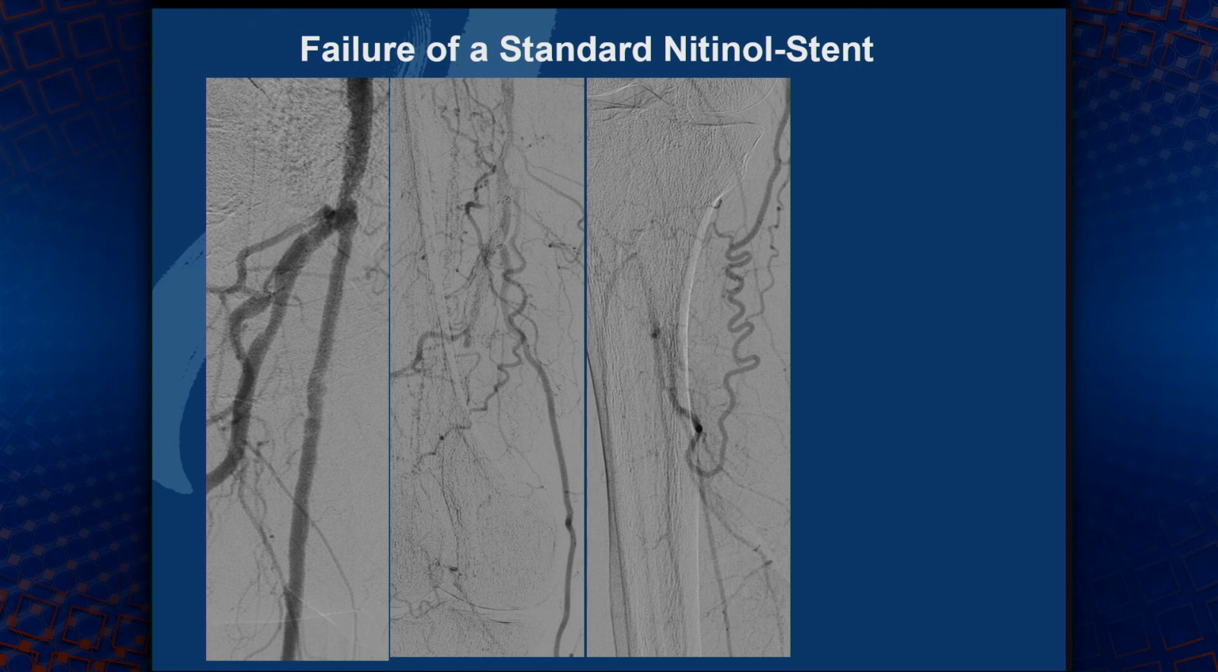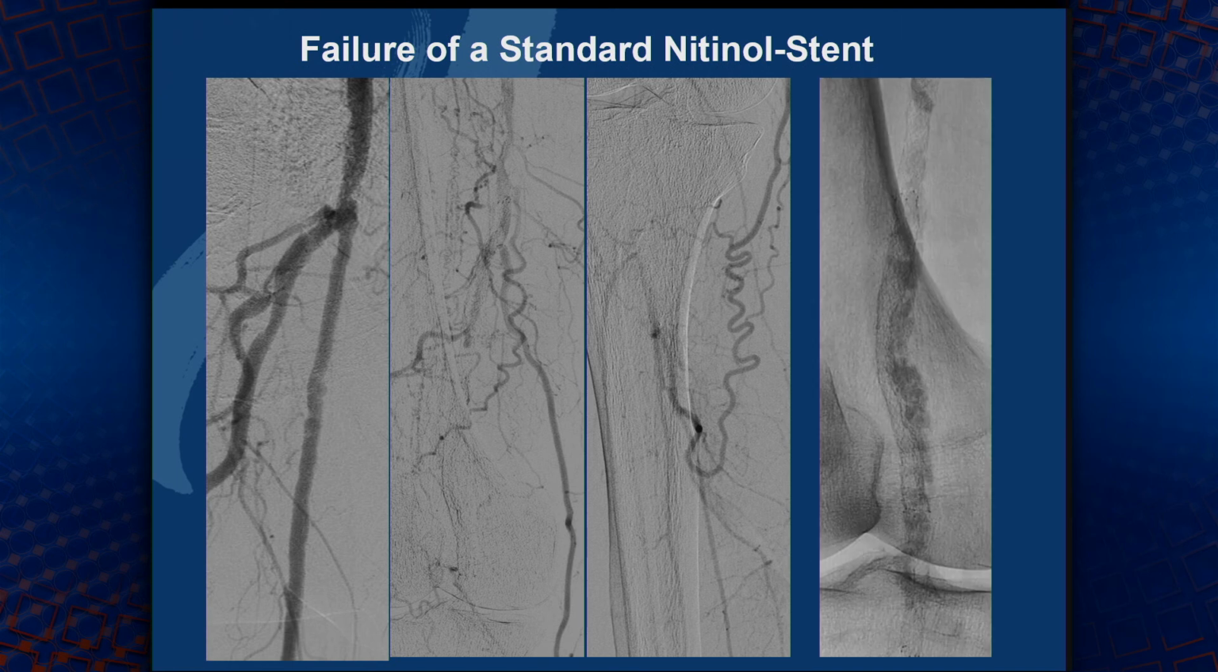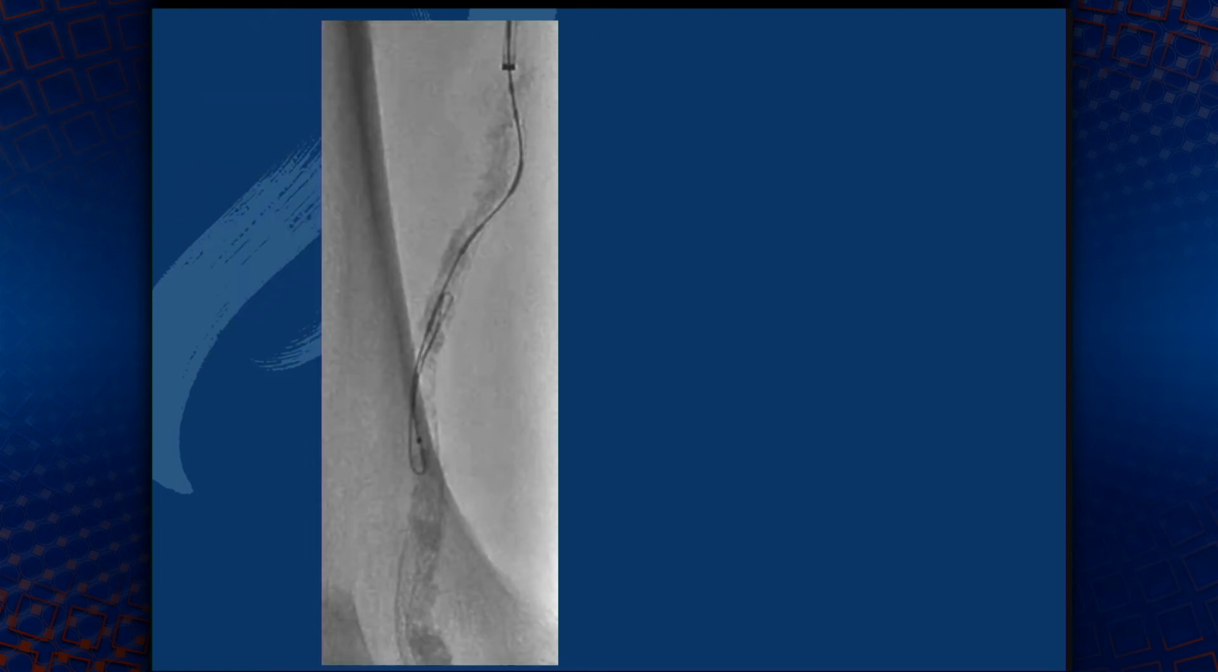A 70-year-old man with failure of a standard nitinol stent, as you can see here in the pictures, having an occlusion of the distal SFA over the whole popliteal segment due to severe compression from calcium, especially in the popliteal segments. What we did in this case was try to get through the lesion by antegrade crossover access,